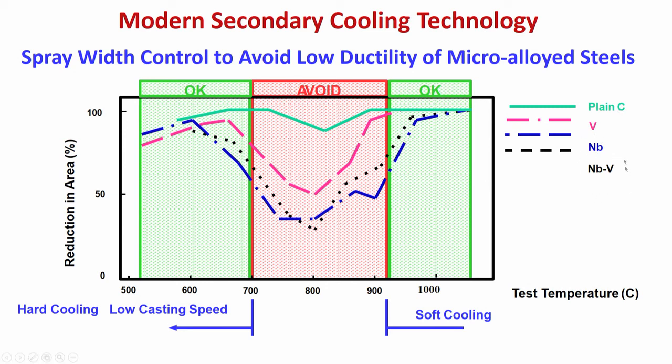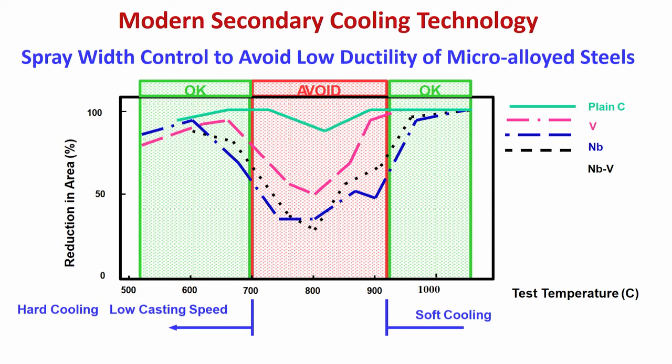They cannot tolerate temperatures in the range of 750 to 850. Plain carbon steel has just come down by 10 to 20% in ductility, but for microalloy steels the reduction in area has come down to less than 50%, and a minimum of 50% is normally taken as a safe reduction in area for operating the continuous casting process. Whenever the reduction in area comes down below 50%, there is a possibility of crack formation,